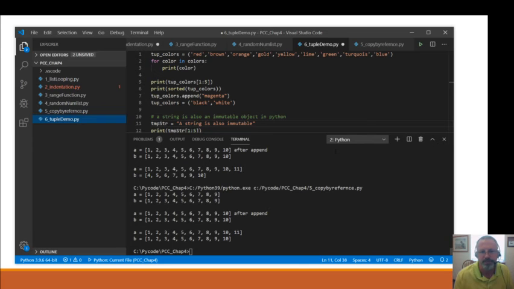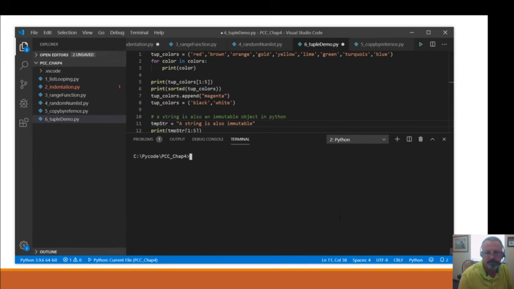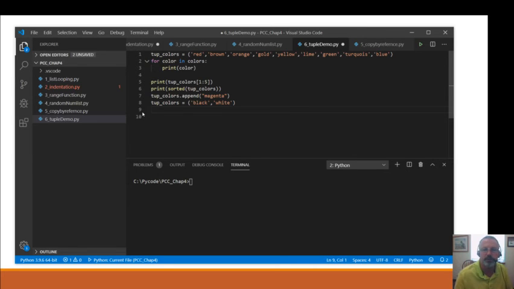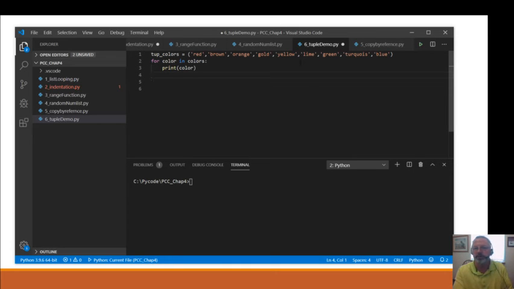Let's talk about tuples. Let's clear this down here. Tuples are very much like a list. I'm going to remove this here so we can just work with the tuples. I've got this simple little tuple here. Give this tuple colors equals red, brown, orange, yellow. So it looks the same as the color list we had before, and if I print it out for color in colors, the tuple looks exactly like a list.